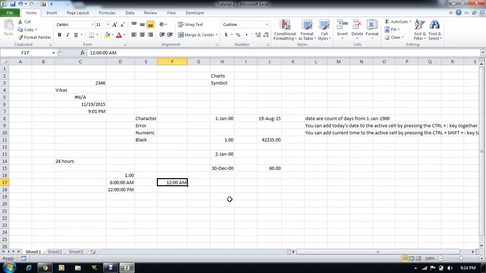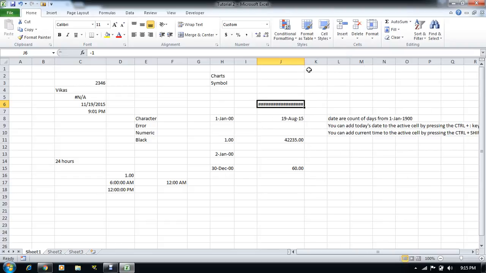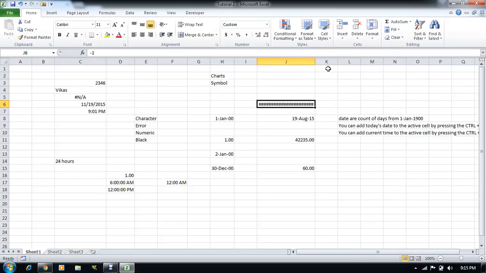So now we are aware of the date and time both. Whenever we add a date, the date is nothing but the count of days from 1st Jan 1900. Just for example, if you add -1 and change this to a date, it will go infinity, because Excel does not support this.